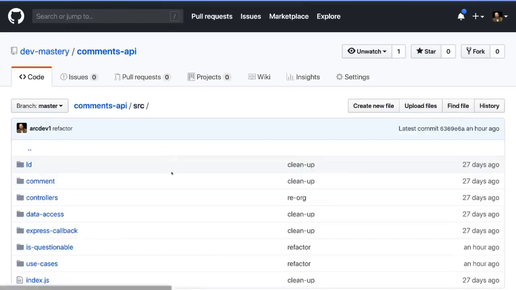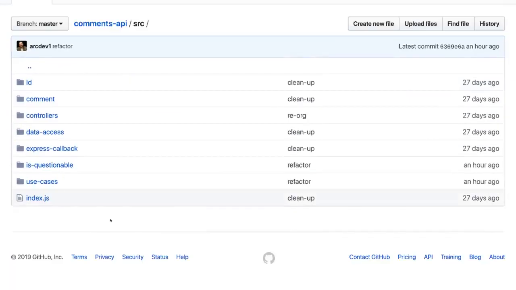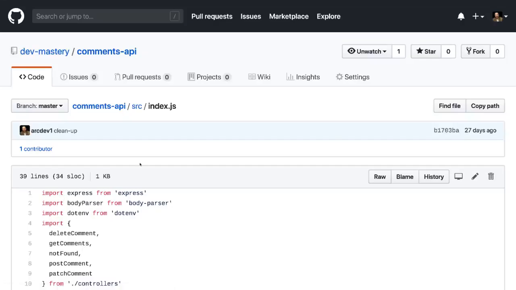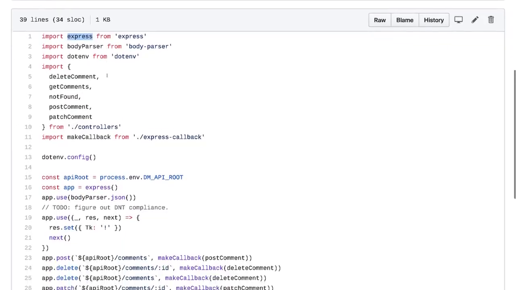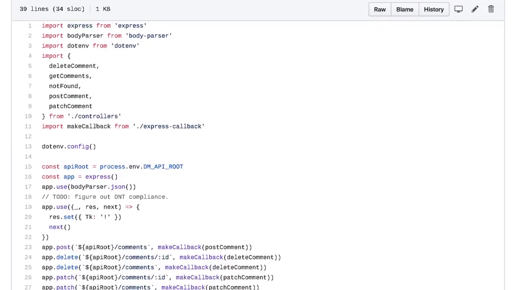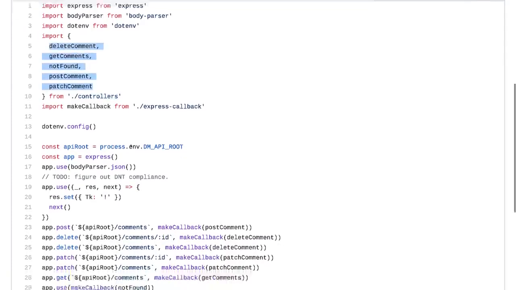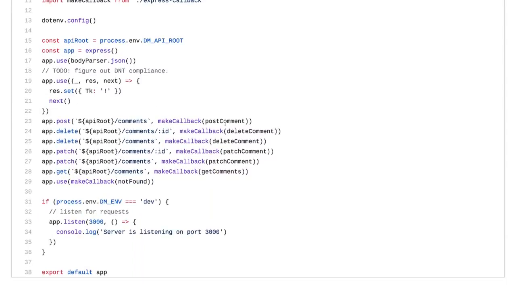So moving back to our source folder, we can now look at the entry point to our entire microservice, which is this index.js file right in the source folder. So if we go in here, finally we get to the point where we're using Express, the Express JS framework, to communicate over HTTP. And now in here we import all of our controllers that we just saw, so delete, get, post, patch, etc. And then we pass those controllers